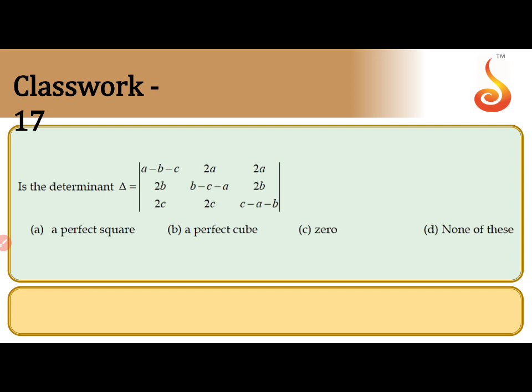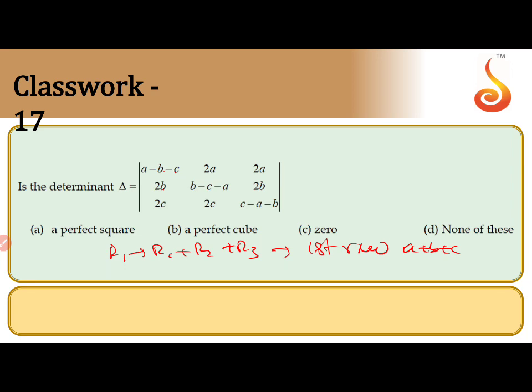So if you add rows, here a minus b minus c plus 2b, a plus b. Here, if you add this one, minus 2c plus 2c, that gives a plus b plus c. So what I can do is R1 as R1 plus R2 plus R3. Then the first row becomes a plus b plus c. This idea can help in solving the problem. In PU you can go stepwise, but in objective you can take direct steps. I hope you have this one.